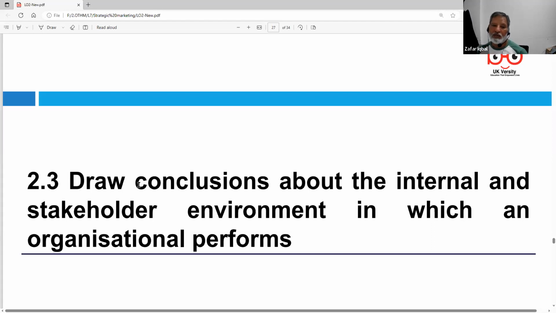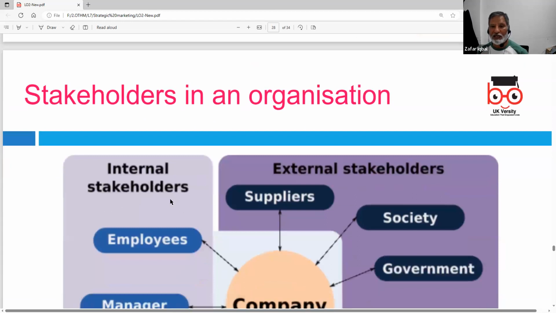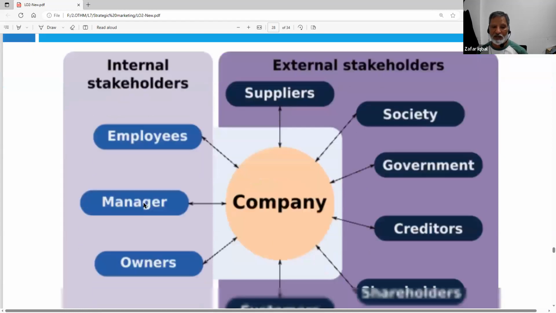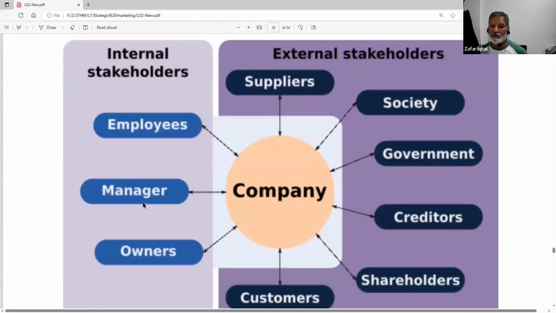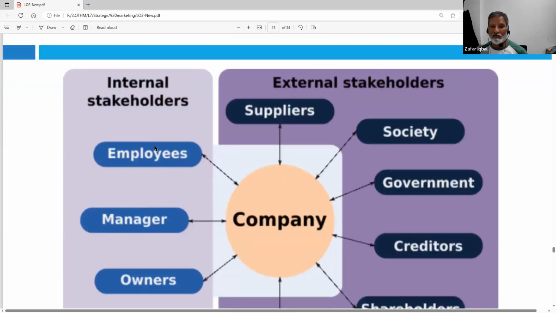Okay, and what can we learn? What conclusions can we draw from them? We can also look at the external factors, like the stakeholder environment. In an organization, there are internal stakeholders and external stakeholders. The internal stakeholders are people who are working inside the organization, like the employees, the managers, the owners. They are quite powerful. And the external stakeholders are like suppliers and society in general,